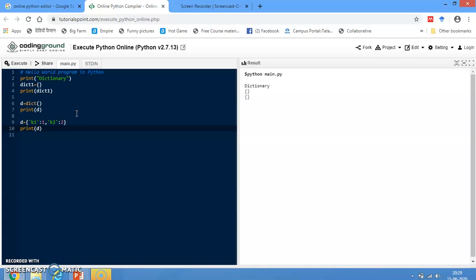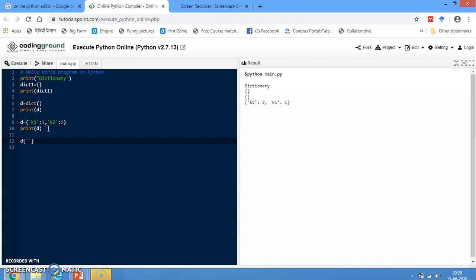Print it. Then execute this set of statements. Now it will show the dictionary contains two elements, k2 and k1, with their values. Next, I am going to show how a new value is added to the dictionary.